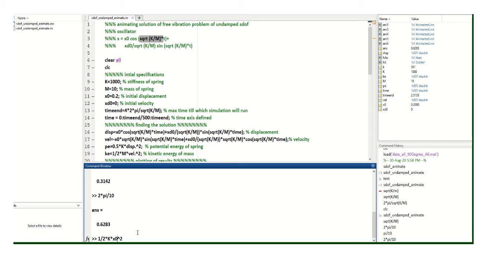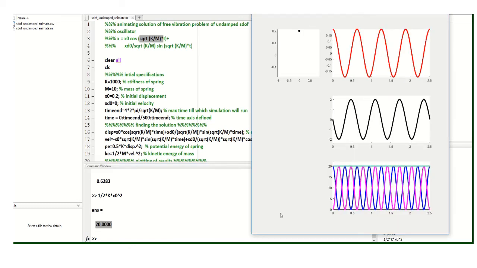So what comes out to be the value? In the beginning, right at the start, when time t is 0, what is the potential energy associated with that system? The system has potential energy equal to 20 units, which we see over here. At time t equal to 0, the blue line is showing potential energy of 20 units.